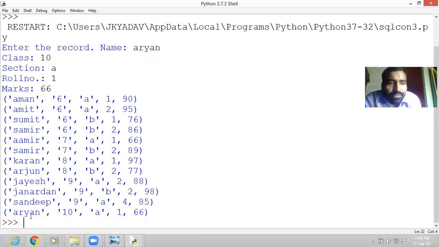The last record is of Aryan. Aryan name, class 10, section A, roll number 1, and mark 66. So this is the way I was going to tell, that you have to create an application in such a way that